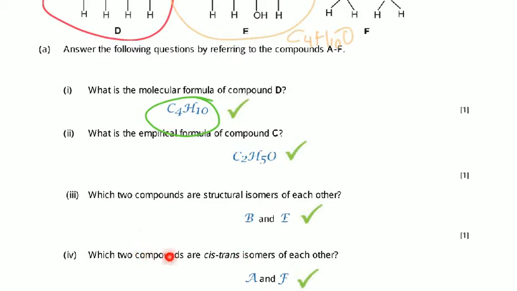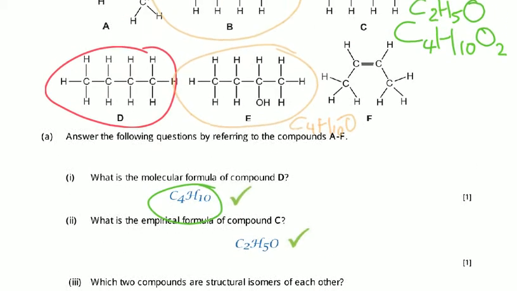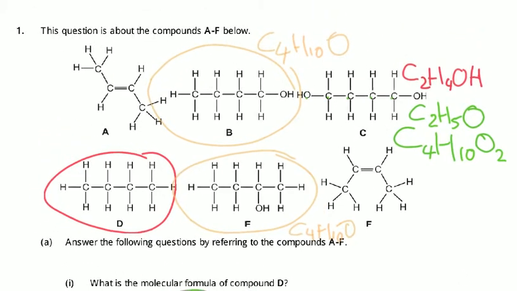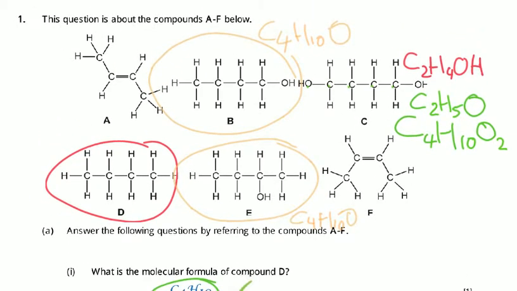And last of all, it's asking which 2 compounds are cis and trans isomers of each other. Cis and trans, remember, is a type of EZ isomerism. Again, if we look at the list, what we need to look for is, first of all, which 2 molecules have a carbon-carbon double bond. The only 2 molecules which do have a carbon-carbon double bond are listed as A